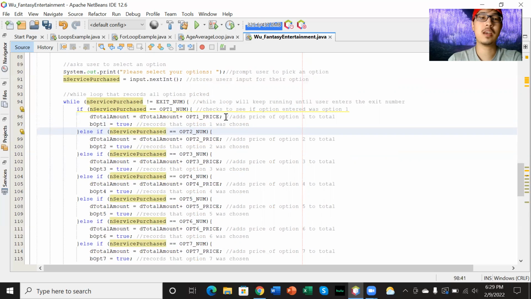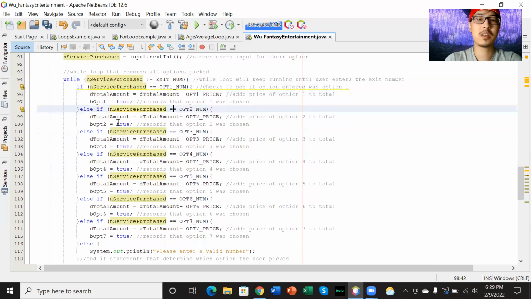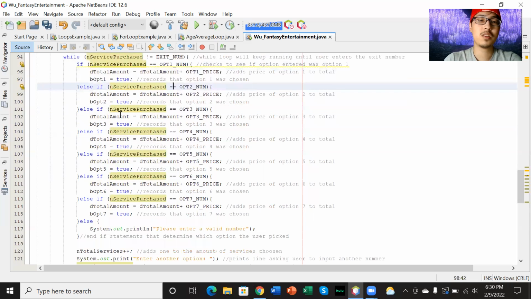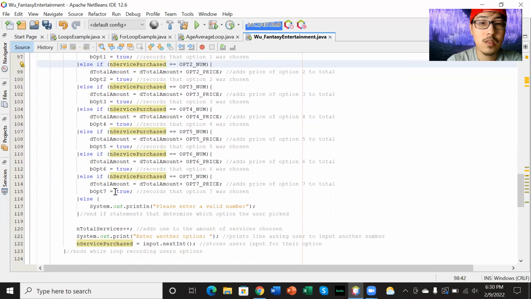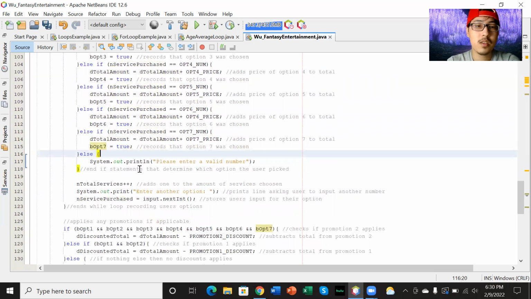And then basically the else ifs are the same thing as the first if statement, but with the different options. So else if is going to check for option two. If option two is picked, then the total amount plus option two price, and the Boolean turns on to true. If not, then just keep going down. It's pretty self-explanatory. Basically, just copy and paste it from the first if statement. Yep, all the way to option 7, and then else